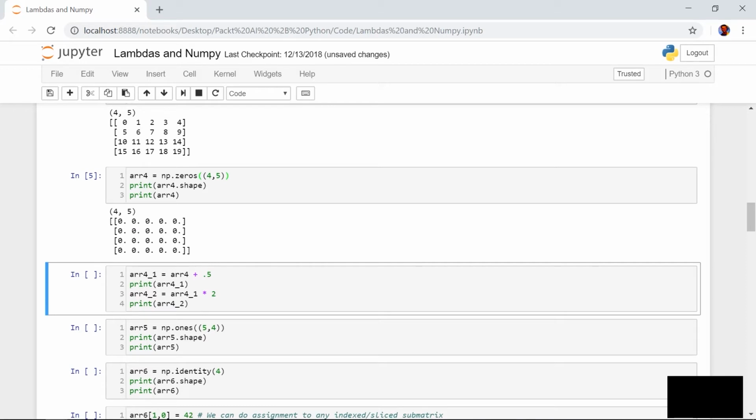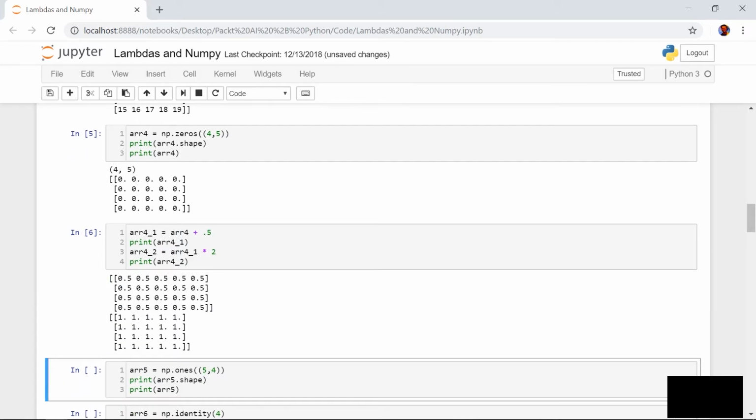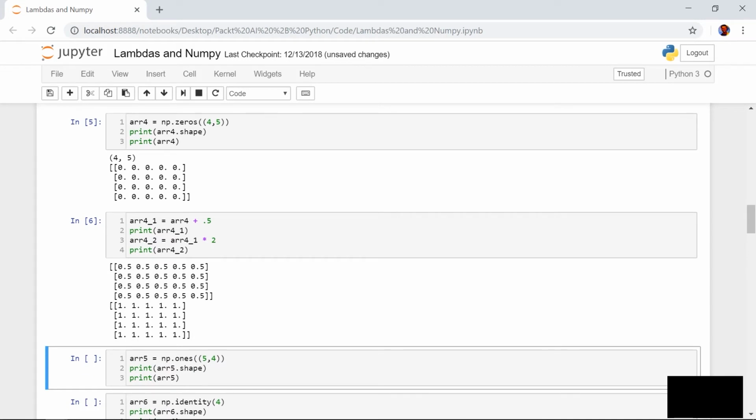And to show off some of the power of Numpy, we can do scalar operations element-wise, just using the simple plus or times syntax. So if we wanted to add 0.5 to each element in the array, we can just use this plus 0.5 syntax. Or if we want to double the value of each element in the array, we can just multiply it by 2. So you can see this gives us an array full of 0.5s and then an array full